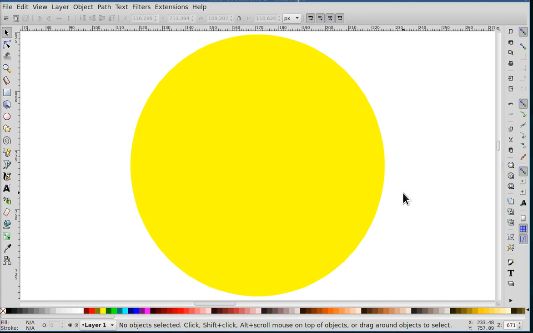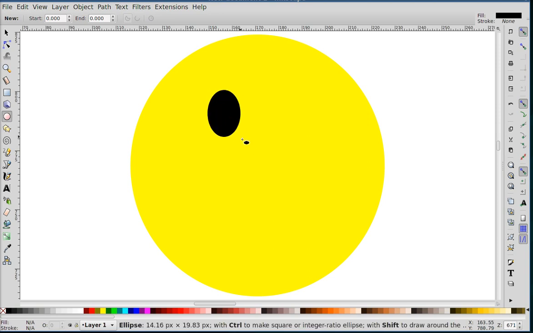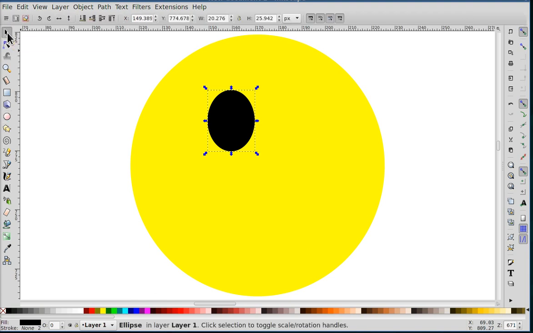Now what do we want next? I want eyes, and then I want a mouth. So first I'm going to draw the eyes. That's very simple. I'm going to click on the circle again, and I'm going to select the color black, and I'm going to draw an eye just like I drew the yellow circle. Very simple. I click on the select cursor again, and then here we click Control D or Control C,